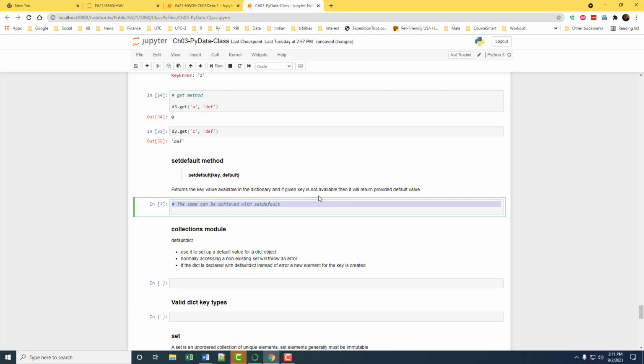But in addition to that, since that key is not there in the existing dictionary, it will insert that key. This will treat that as a new key and set that key into the dictionary with that value. Okay, so it's like get and set. Okay, if the value is not there,